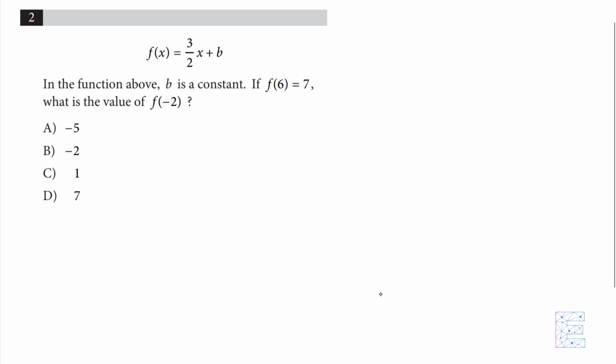In the function above, b is a constant. If f of 6 equals 7, what is the value of f of 2? So we have an equation given to us here, but it is incomplete because we can see f of x,